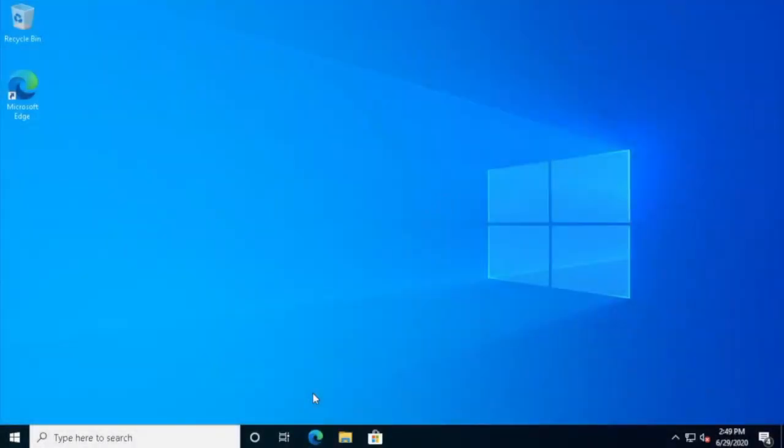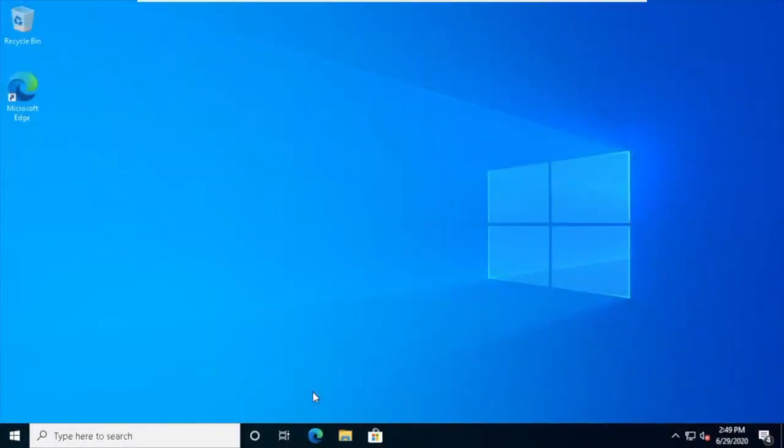In this demonstration, we're going to look at two different ways to restore your files in your backup. The first method we're going to look at is using the file history function in Windows 10. The second method is a little more robust. We're going to look at the backup and restore tool that was introduced in Windows 7 and is still current